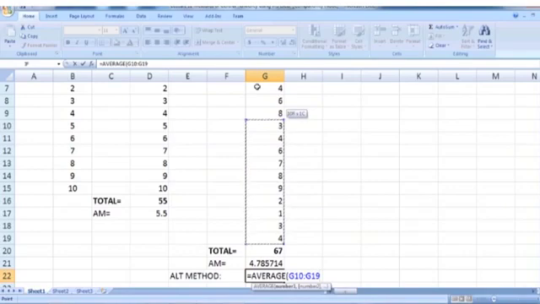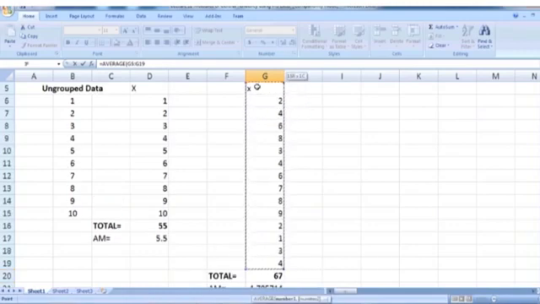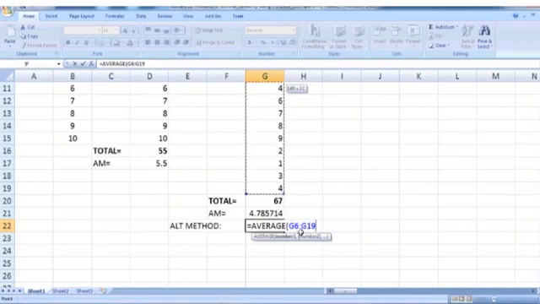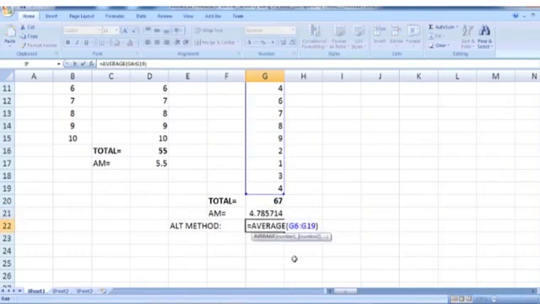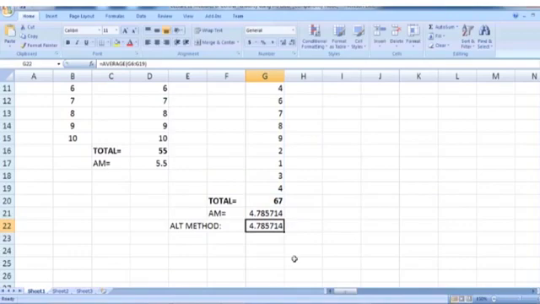Average means sum of observations divided by total number of observations which are being summed. So average of these numbers, and this range starts from G6 to G19. So when we press enter, we will get the same result, 4.785. So you can see that whether you use this formula or this one, the built-in average function, we get the same result. So this is how to calculate arithmetic mean for ungrouped data in Microsoft Excel. So now we discuss one example from the grouped data.